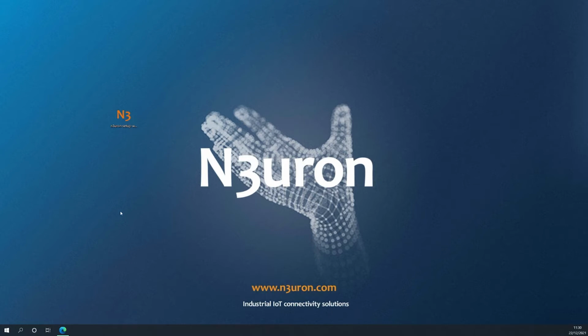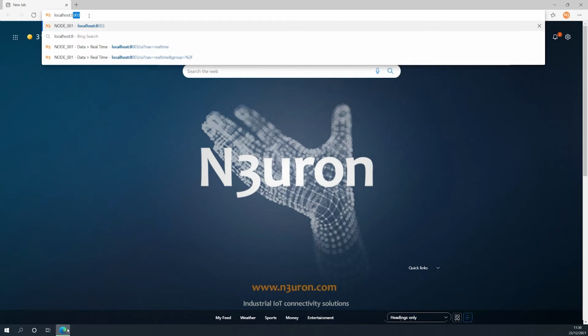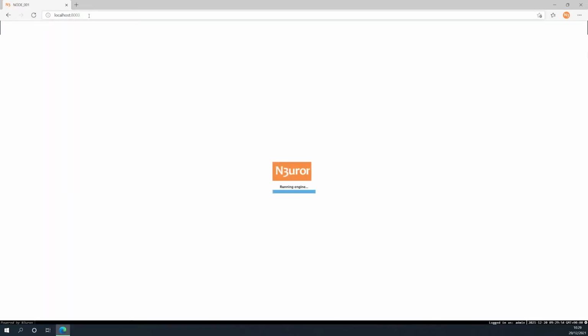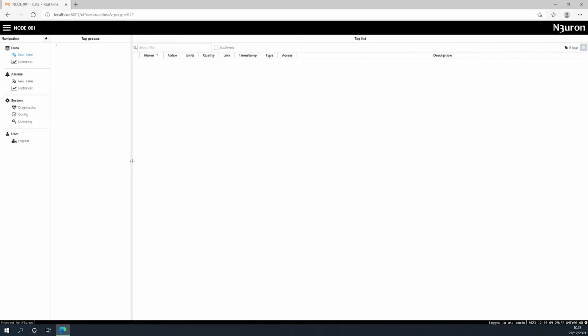To do so, open your web browser and access the web UI for the Neuron node you want to upgrade. The system will now ask us to introduce our username and password. So, I will type mine in and click on the blue login button below. At this point, we are ready to browse the web UI interface for the node we want to upgrade. Click on the config icon in the System section located to the left-hand side of the navigation panel.